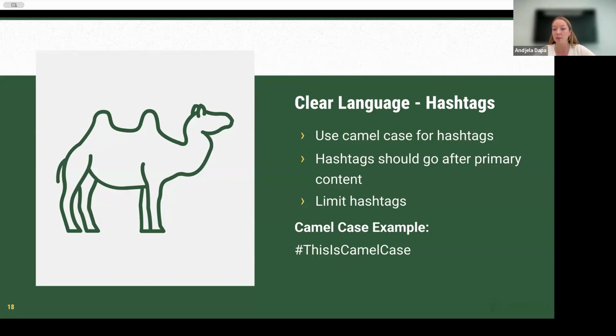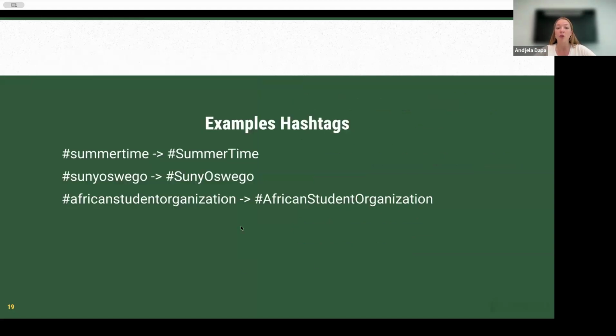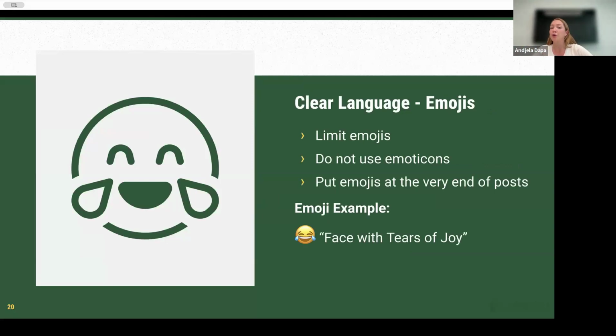So if you are inviting somebody to an event, you should include the information of the event, the title of the event, location, and date, but then include the hashtags at the end. So these are some of the examples of how we would use camel case to capitalize the letters of our hashtags. And going into the next thing, which is emojis,